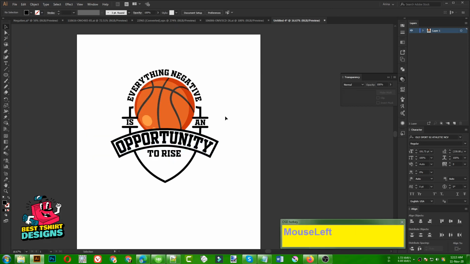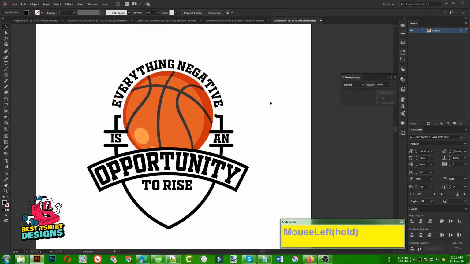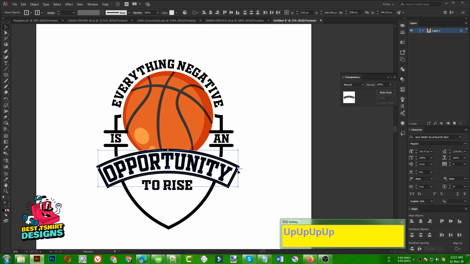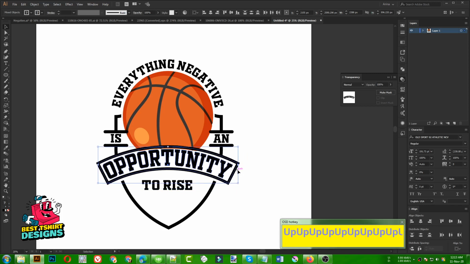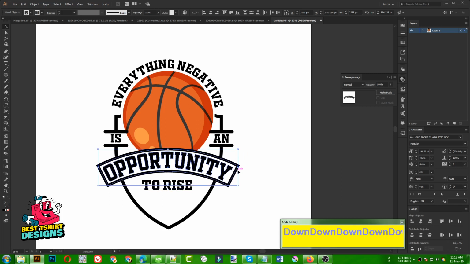So that is good. Now, as you can see, this is looking like a basketball, kind of like a basketball badge look. So I'm going to make it a little bit smaller like this, because I want to make it the same size. Okay, so as you can see there are some small details missing, so let's fix that.